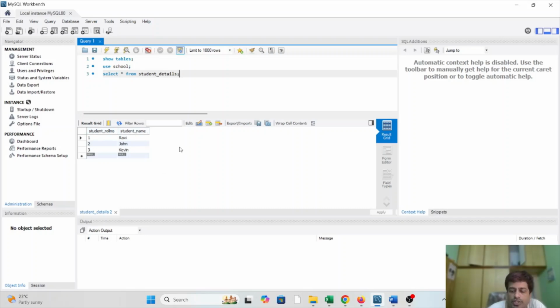Now suppose you want to delete any one of the rows from this table. Here you can see the three different rows: Ravi, John, and Kevin. Suppose you want to delete any one of the rows, for example, the row with roll number 2 and the student name John. For that, you can use the query delete,